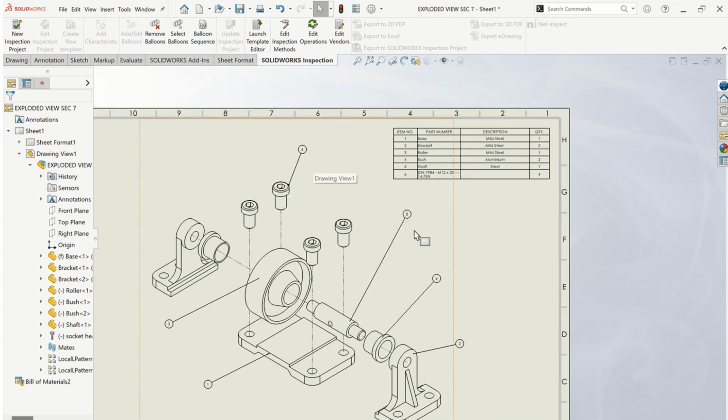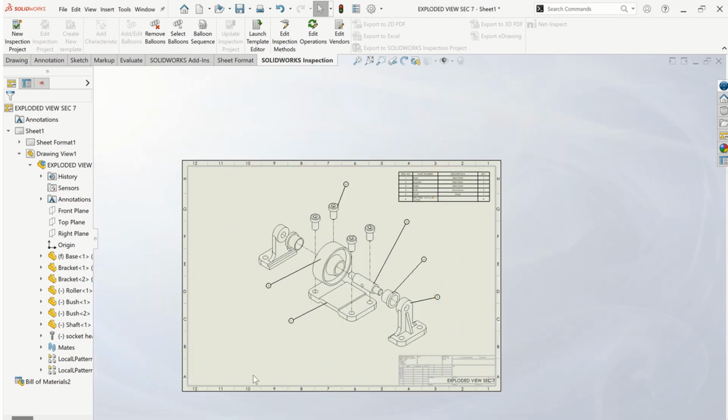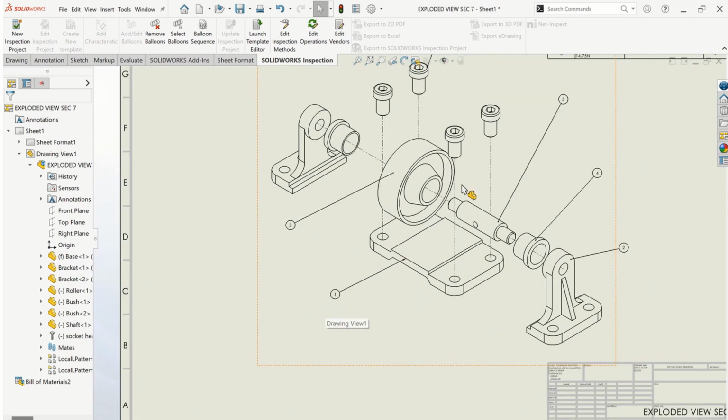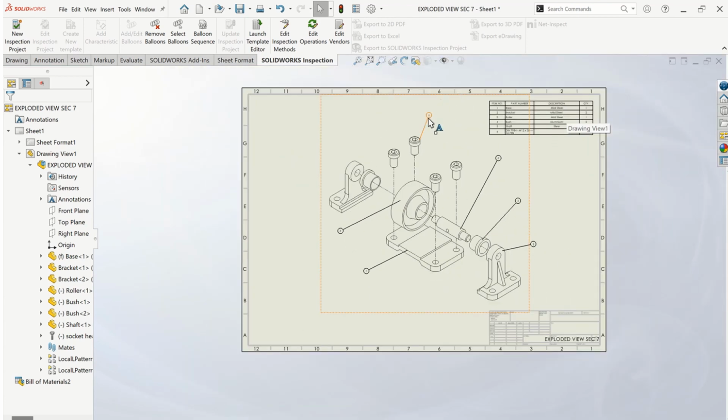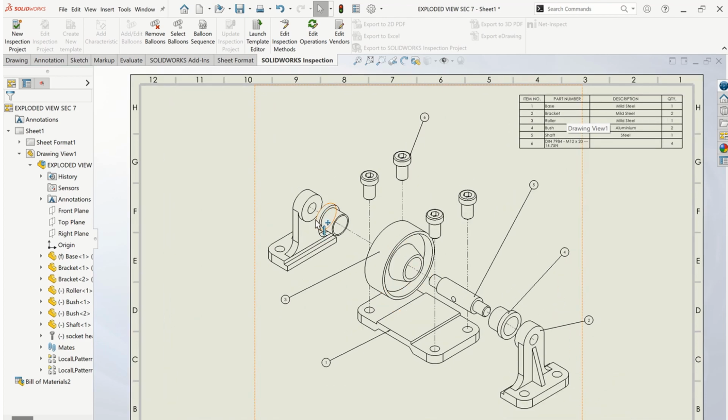Okay, so you can see, you have number 1, number 2, number 3, number 4, 5, and 6. You don't have to number everything, since it would be redundant. You just number the parts according to this one. Once you already have everything, you can just leave it like that. Okay,